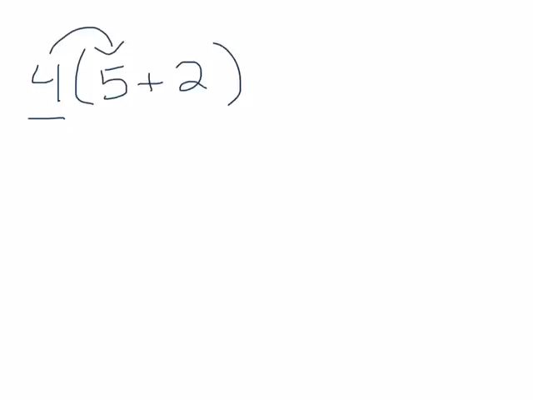Let's work with 4 times 5 plus 2. Now if we apply the distributive property, we'll be distributing the 4 to the 5 and the 2 by multiplying 4 times 5, which we know is 20, and then adding that to 4 times 2, which we know is